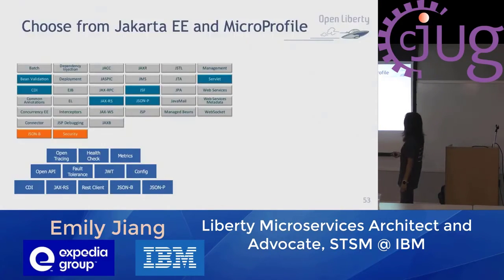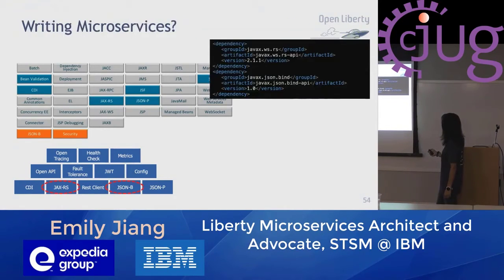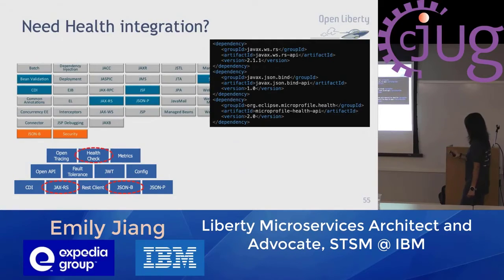So this is the bigger picture put all together. This is all from Java EE, and this is all from MicroProfile. And you can mix them together. In your project, if you use Maven, you can specify which APIs you need. And if you need more, you can specify more. In this case, when you do the coding, only these APIs will be available to you. And then you can build a really small runtime.